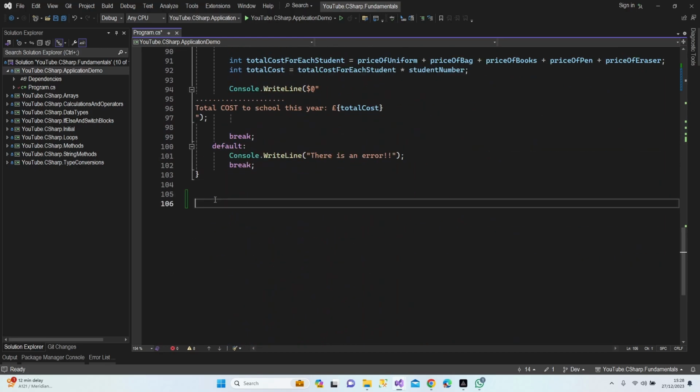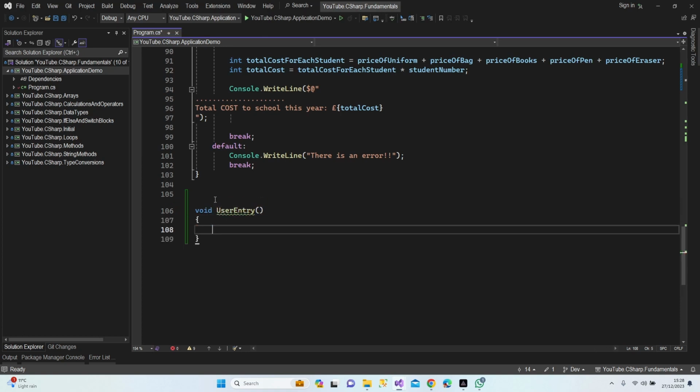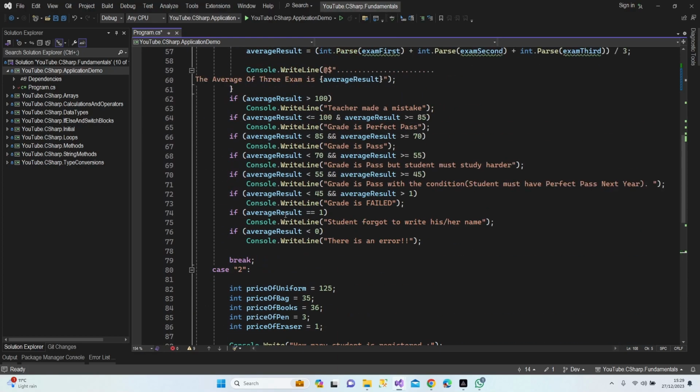Let's type here a void. Start with the void. We can change it to a value type return method. User entry. I'm going to give the parameters later. Let's create our method first. Okay, I'm going to bring